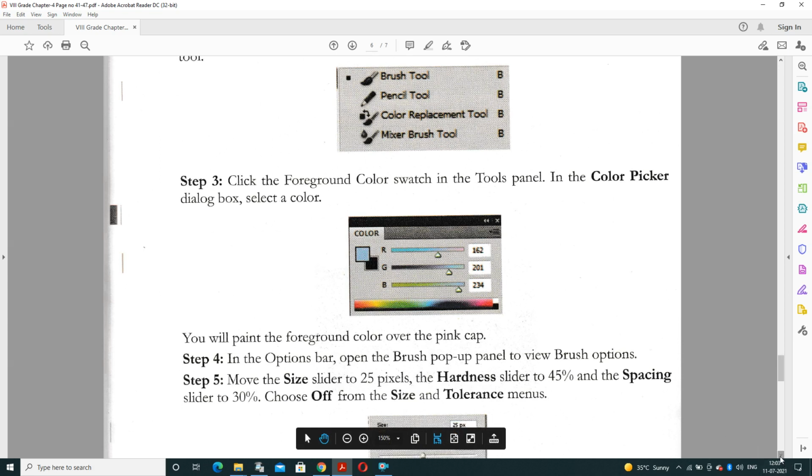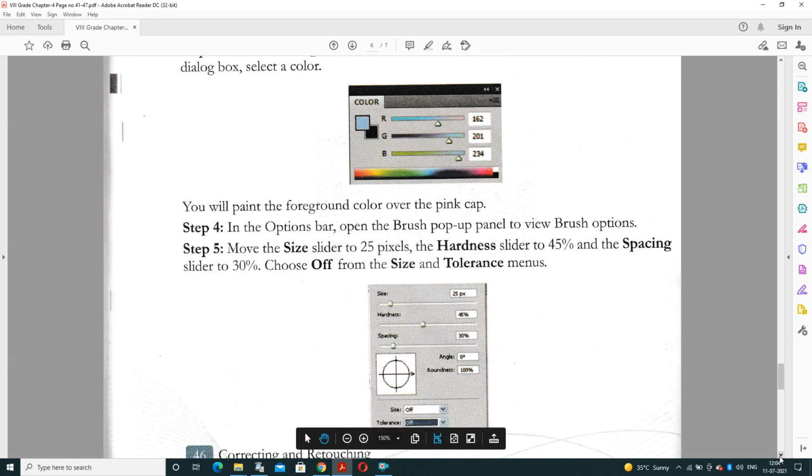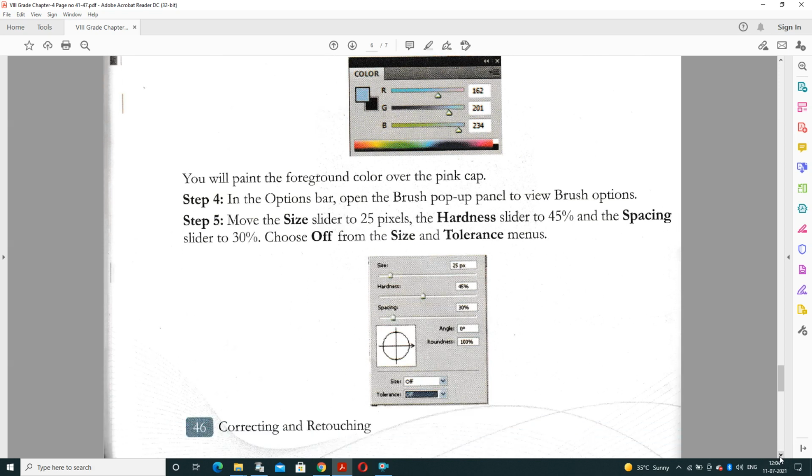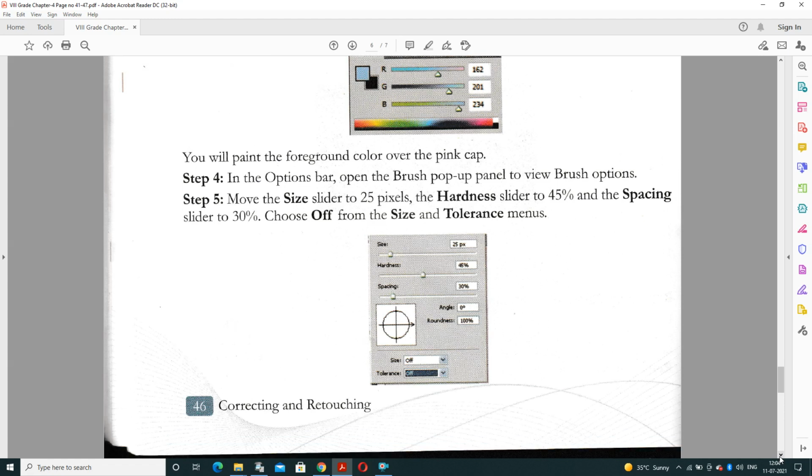In the option bar, open the brush pop-up panel to view the brush options. Then move the size slider to 25 pixels, the hardness slider to 45%, and the spacing slider to 30%, and choose Off from the size and tolerance menu.